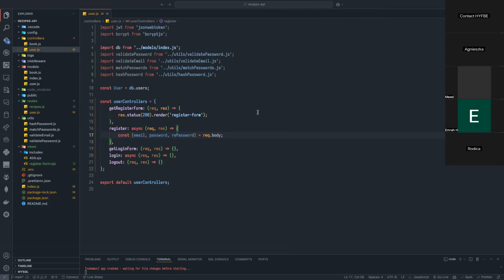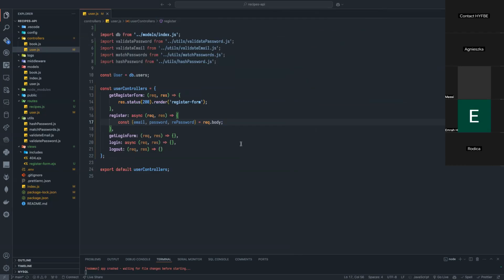I don't need all of that. Now I have the three values. After I have three values, what should I do? What do you think I should do? After having the three values. Yes, what should I do? Const userExists = await User.findOne. Exactly. So what I need to do here is make sure first,